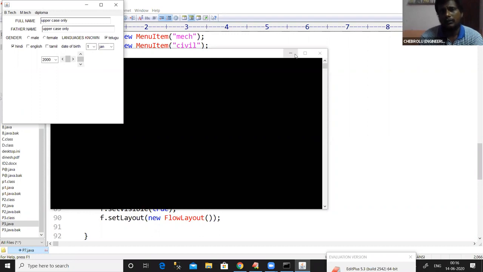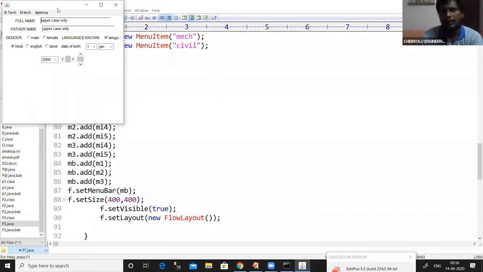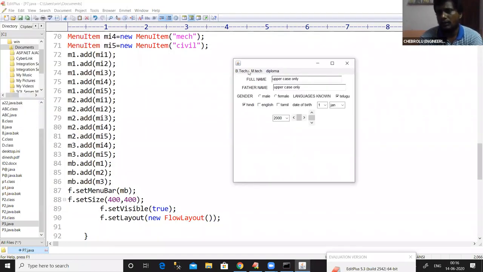You can observe on the top of the screen, we have got some menu bar. This is the menu bar that we have just created by using our program. And if you click on these menu items, for example, on BTech,